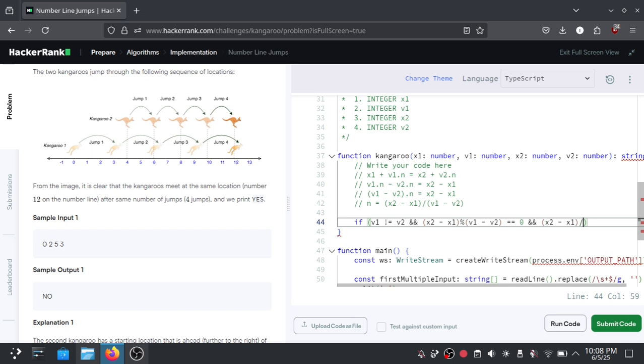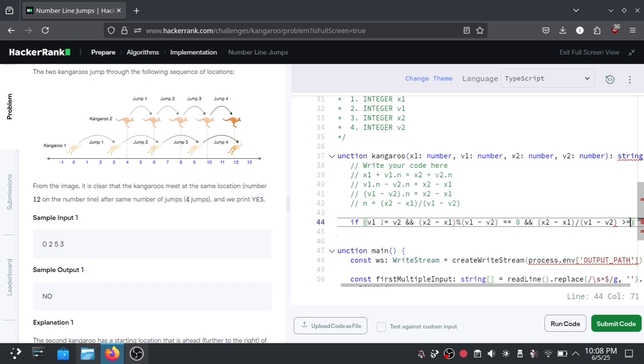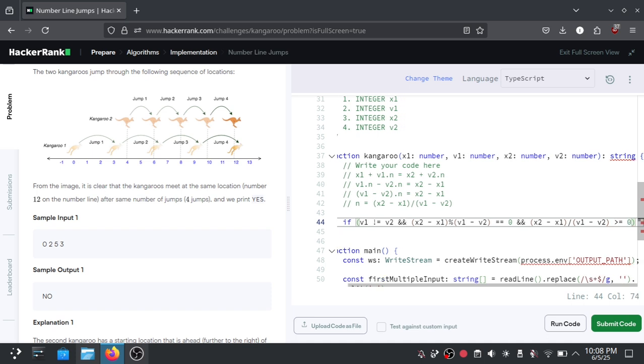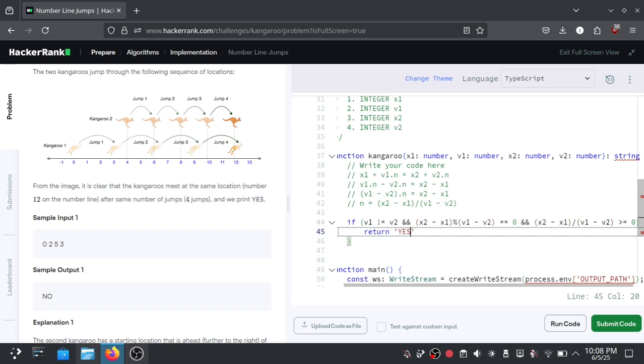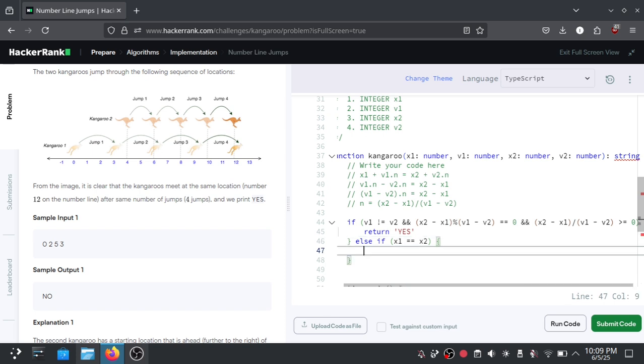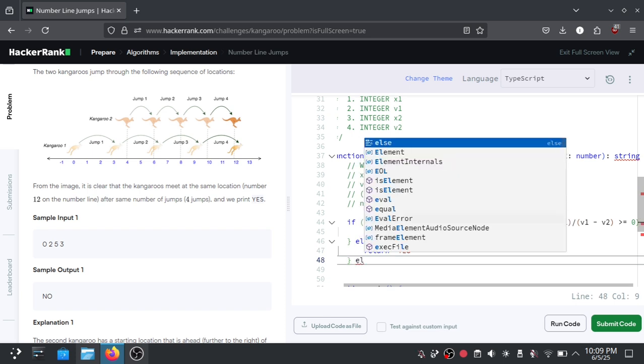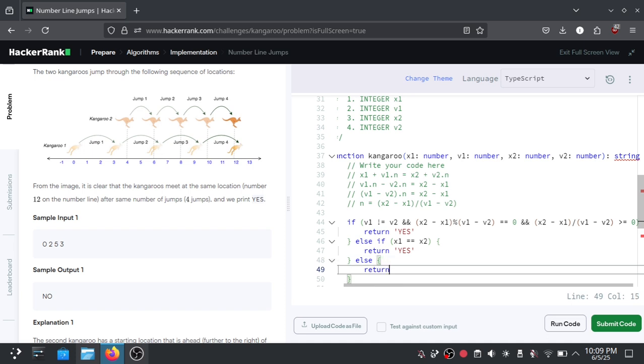minus the first Kangaroo's position, and then divided by the first Kangaroo's velocity minus the second Kangaroo's velocity, to check if it's higher than or equal to 0. If so, then we can return yes, just like that. And then for the first check that we already declared, using the else if, both positions are already the same, then we are also returning yes. And then for the final check, else return no,